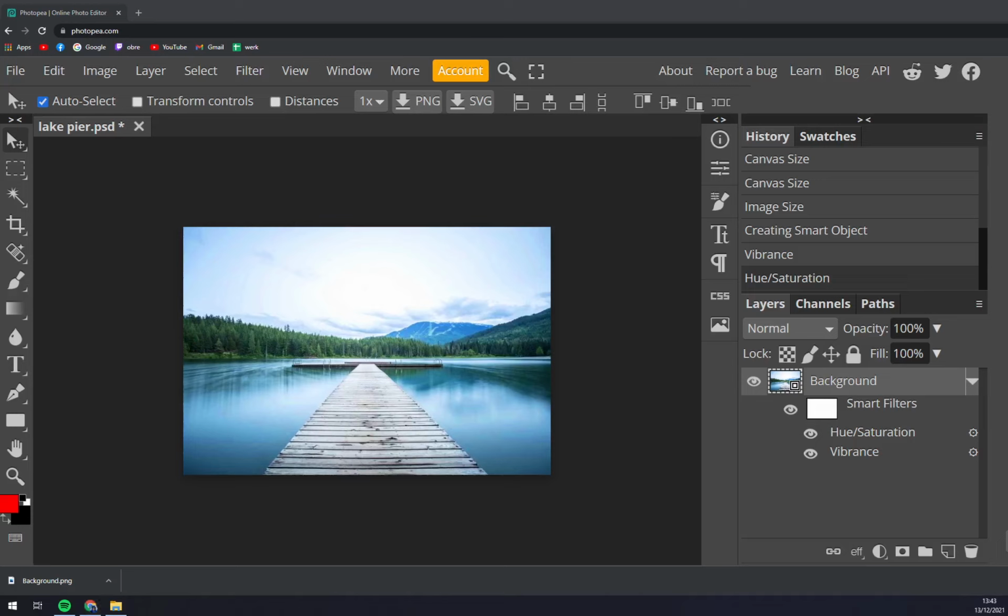Hello guys, my name is Matthew, and in today's video I'm going to show you how you can change the photo filters in Photopea.com. First things first, let's go to Photopea.com, and as you can see I chose this picture